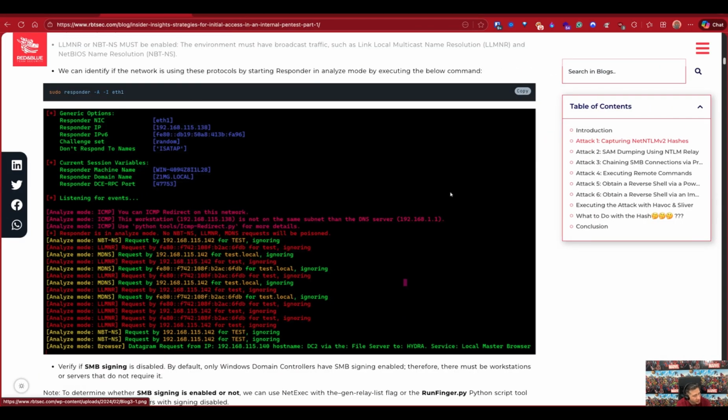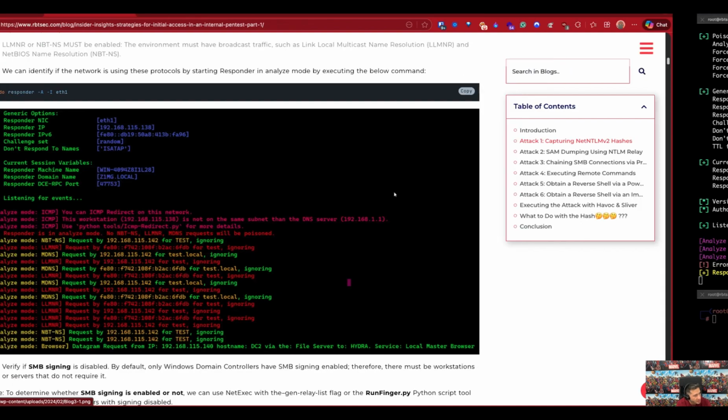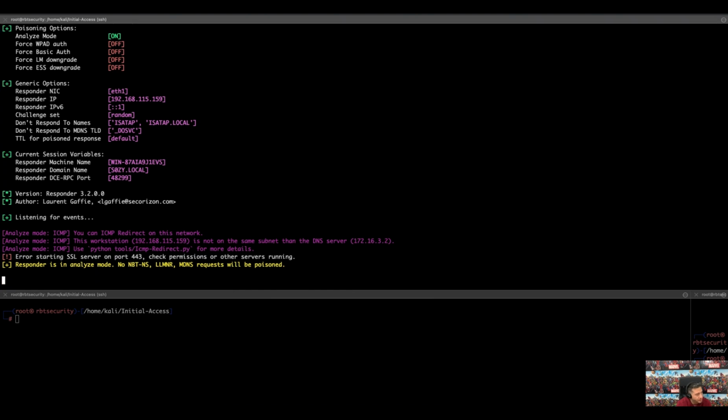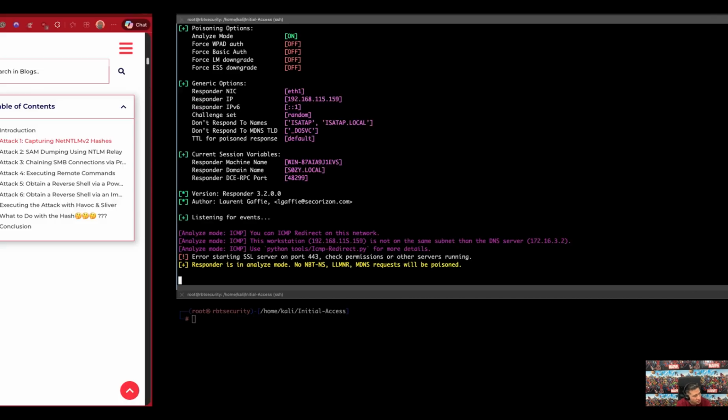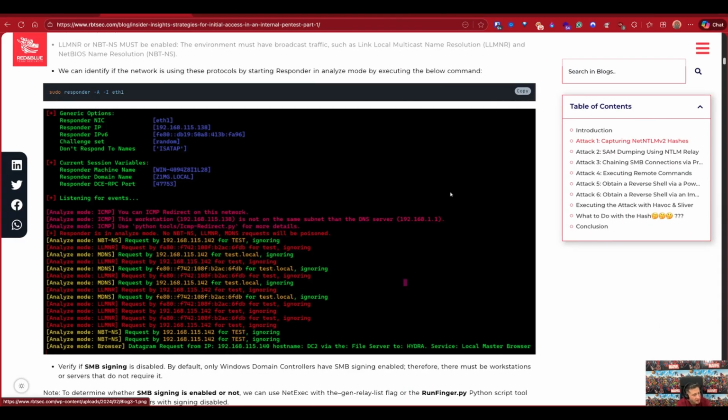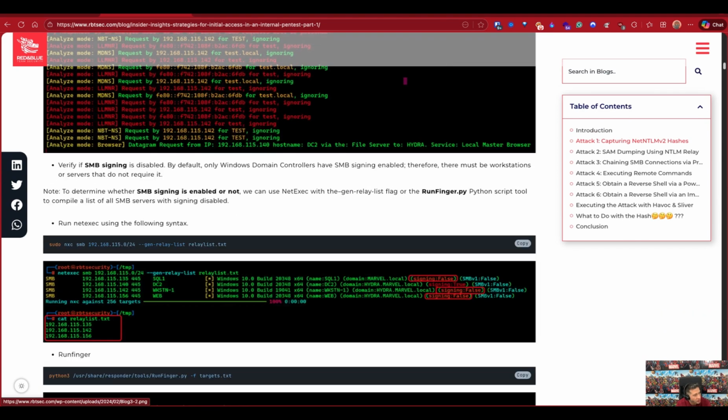So basically in here, we're telling Responder to be in the middle of the network and see what type of traffic it can capture, right? As you can see in the blog, we are seeing different types of traffic: LLMNR, NetBIOS, mDNS. Let's see, in here we can catch traffic. There might be no traffic at all. And for this attack, we have to be patient, right? But since this is a demo and we are using a controlled environment, we are going to move on